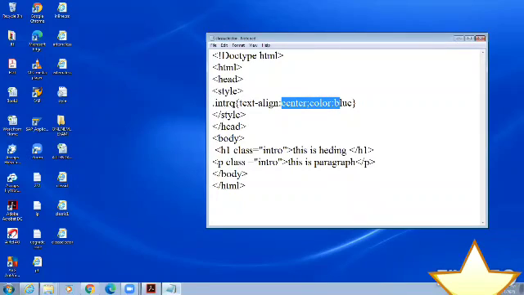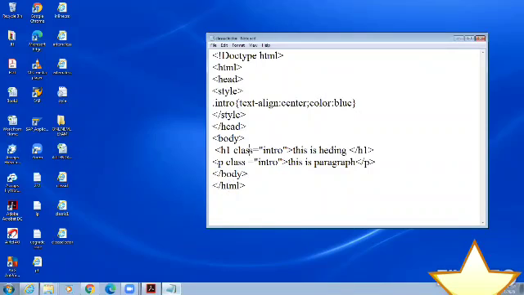You can use any name here, but followed by the dot, full stop symbol, style close, head close, body tag, h1. Here, the class attribute, intro. Intro is specified here. Again, p tag, class attribute, intro, and some content inside this paragraph, body close, HTML close.